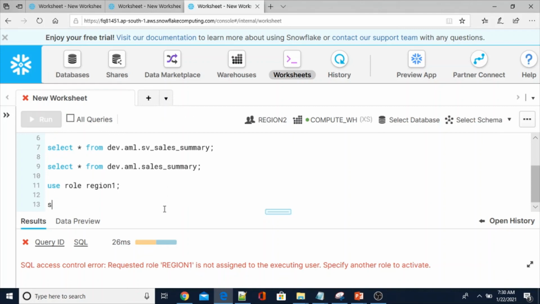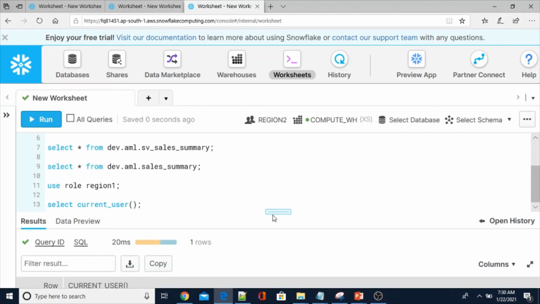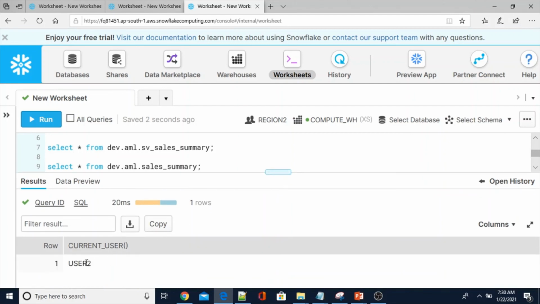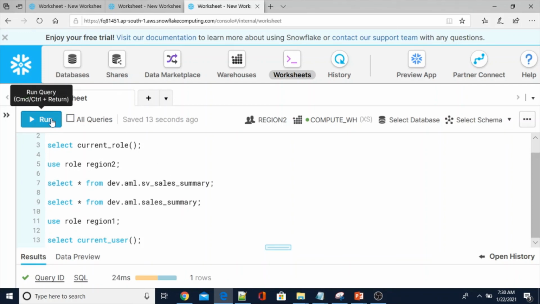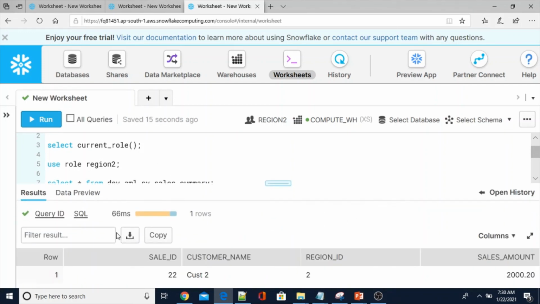So let me show that. Select current_user. If you execute this context function, then you will see the connected user. What is the connected user? Current user is user 2. So for user 2, we didn't assign the role called region 1. So with this role, you can see only data related to region ID 2.